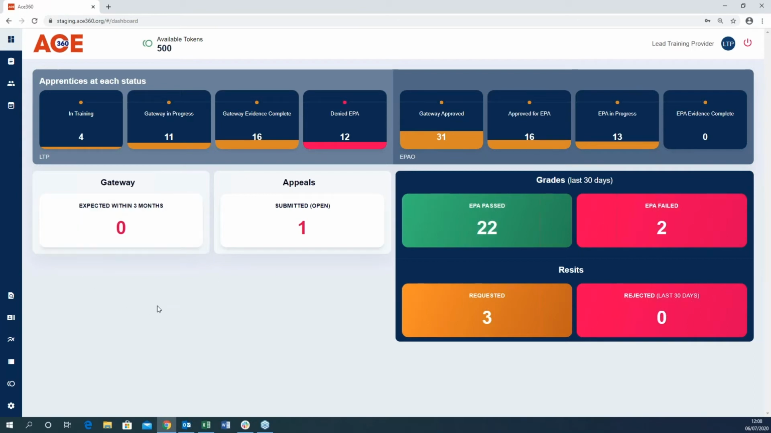When a candidate is approved for endpoint assessment by your EPO, in this case Pearson, and they have the booking tool switched on,